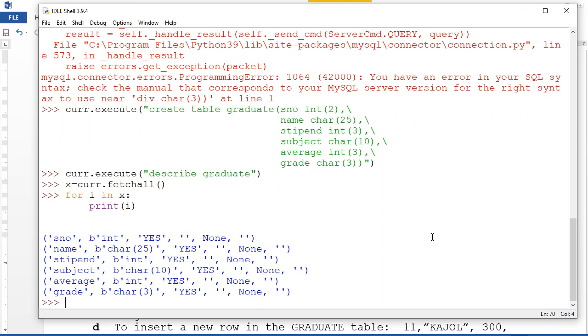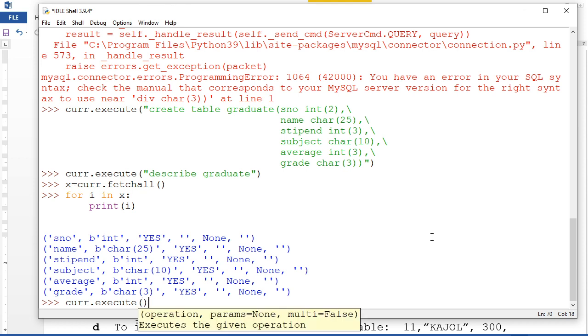Now I want to input dot. Tell me fast, what will I write? What command have you written? Insert. Insert into employee. Graduate, I am writing employee. Graduate. Values.